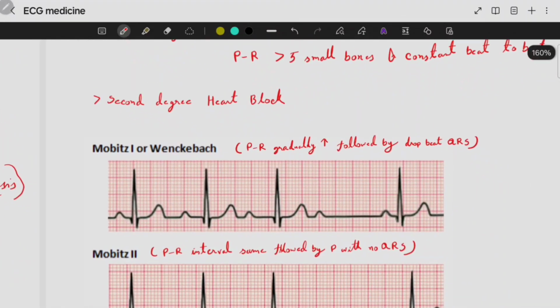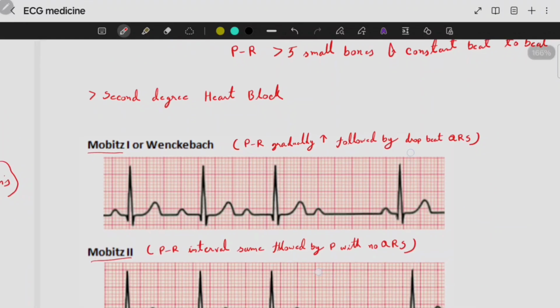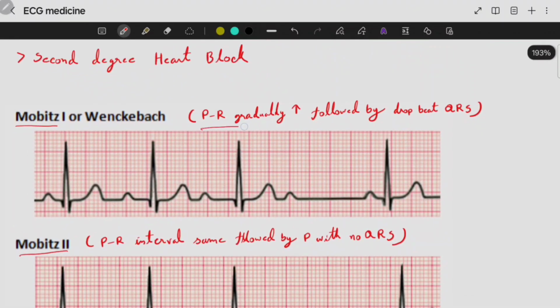Second degree heart block is of two types. One is Mobitz 1 and one is Mobitz 2. So what is Mobitz 1? Here the PR interval is gradually increasing, followed by a dropped beat of QRS. Okay, let's see this ECG. It is the P wave, this is the PR interval. Then the PR interval is gradually increasing,